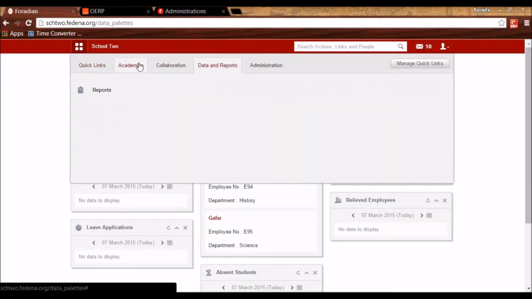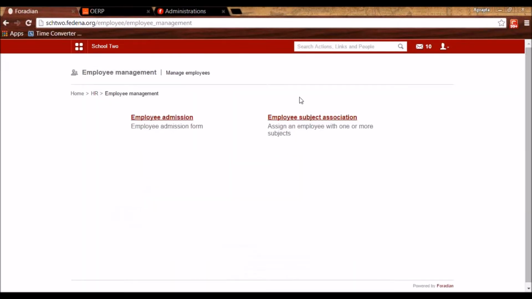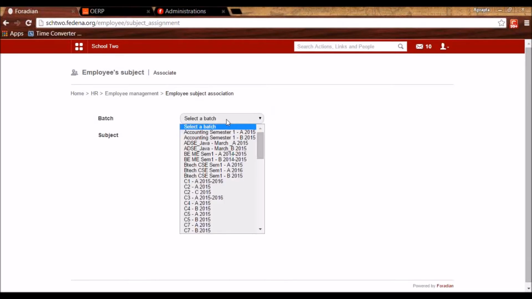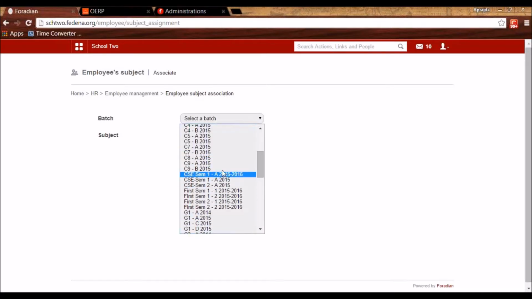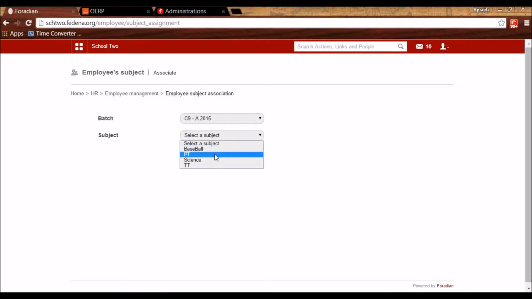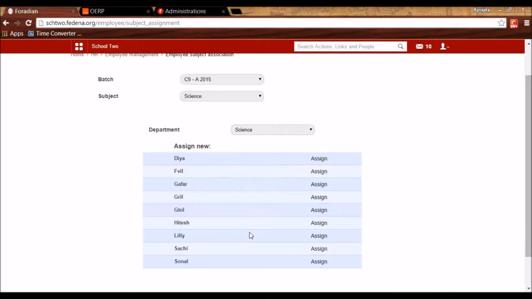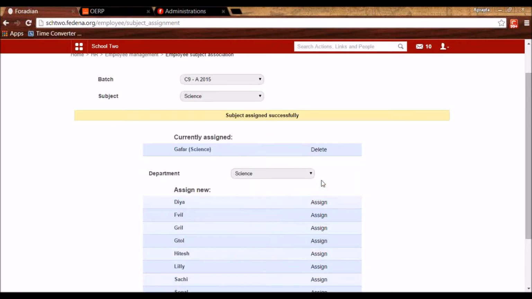After we have admitted all the employees, we will go to Employee Subject Association here to associate the employees with a batch and a subject. So we will select the batch, we will select the subject, and we have to assign the employee who will be taking this subject. So this is the employee that I just created and I can assign him.